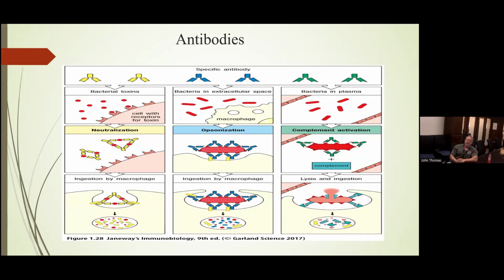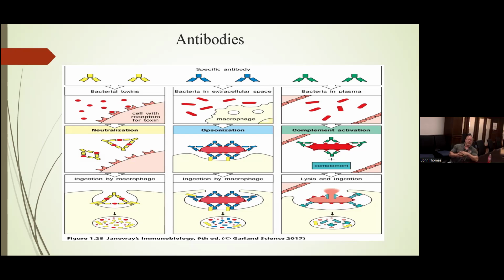So if we look at the cartoon up here on the left-hand side, we have our yellow antibody molecules, designated with this cartoon upside down Y shape, and they're going to complex with bacterial toxins. Under normal conditions, these bacterial toxins are produced, and they're able to interact with cell receptors and then cause a toxic effect to cells. But if antibodies are being produced, the antibodies can come along and bind up these little toxin molecules. And so the result is the neutralization of the toxin, because now the toxins don't have the ability to physically bind to the receptor on the cell because they're covered with antibody